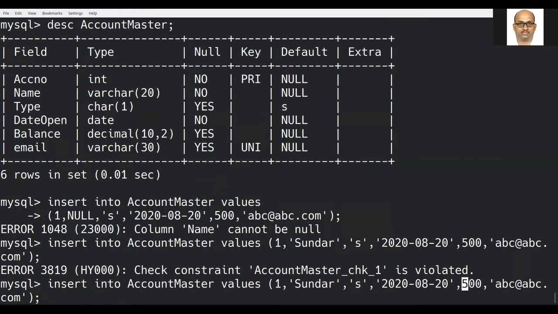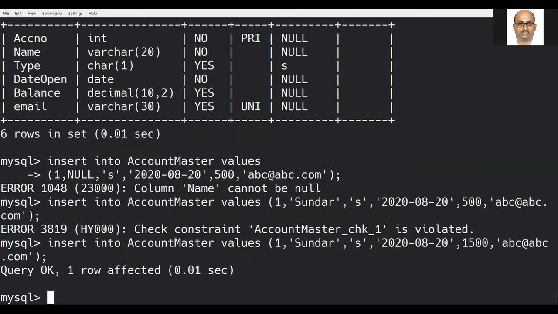Let me try to give it as 1500 and let us check. See, after modifying 500 as 1500, I am able to insert the particular record successfully. This has happened because I have created a constraint on balance to check whether the balance is greater than 999.